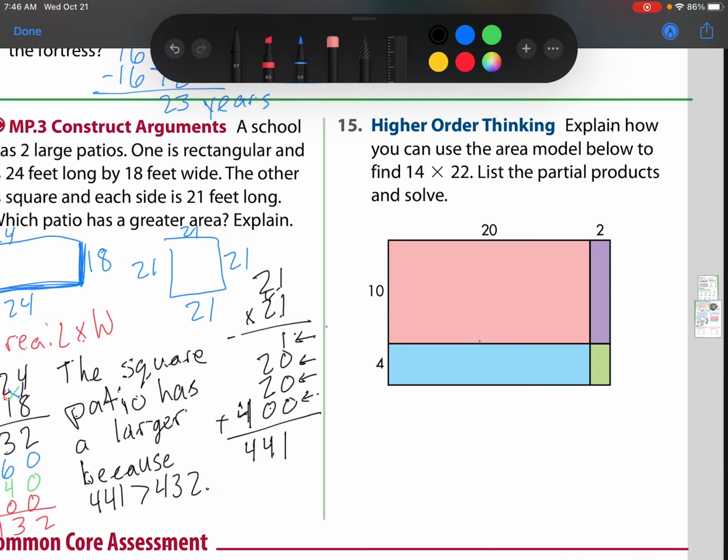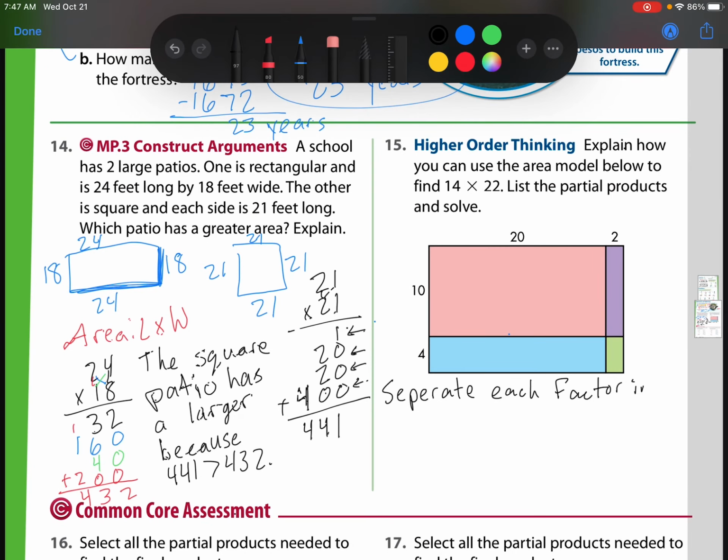Number 15, explain how you can use the area model below to find 14 times 22. List the partial products and solve. So what I'm going to do first is I separate each factor into tens and ones. So I separate each factor, which is each number I'm multiplying. And then, after I break 14 up into 10 plus 4 and 22 into 20 plus 2, what do I do next? So now I find the partial product of each part